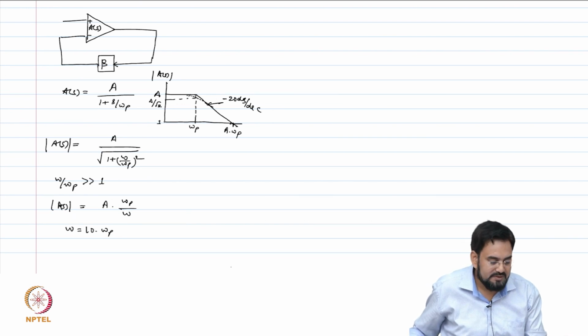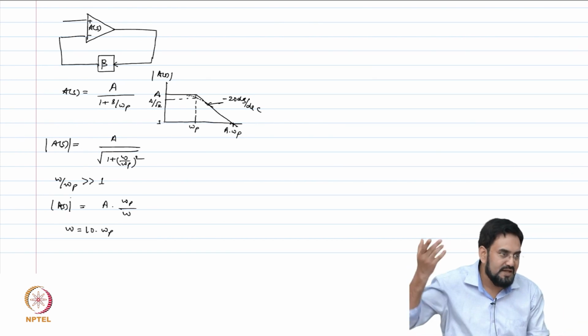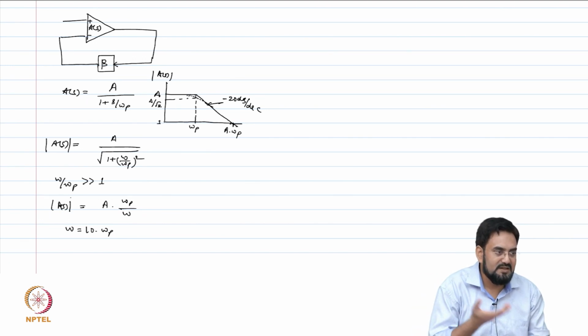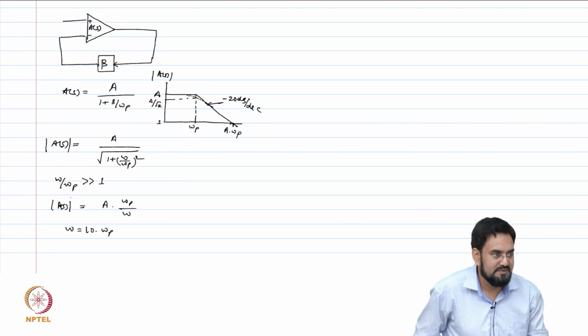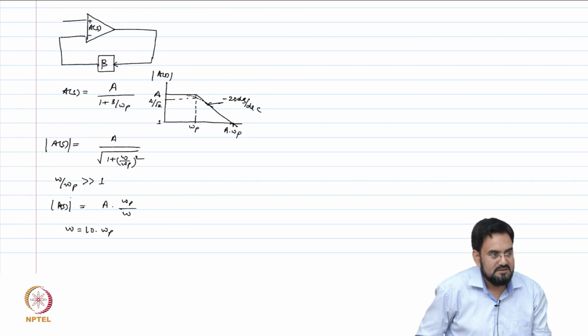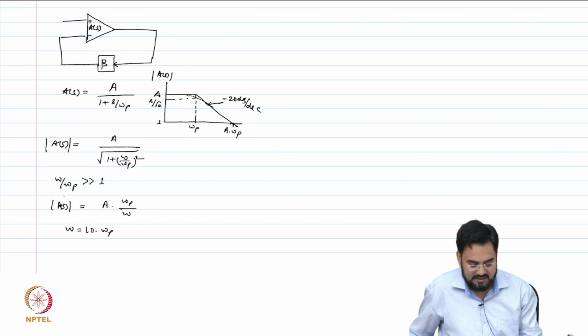Now if you have 2 poles, then what will happen? Let's say same frequency, 2 poles. So this omega over omega p will become (omega over omega p) square, and in logarithmic terms square is nothing but multiplied by 2. So 20 into 2, it will become minus 40 dB per decade. So depending on the number of poles, you just multiply 20 dB by the number of poles.